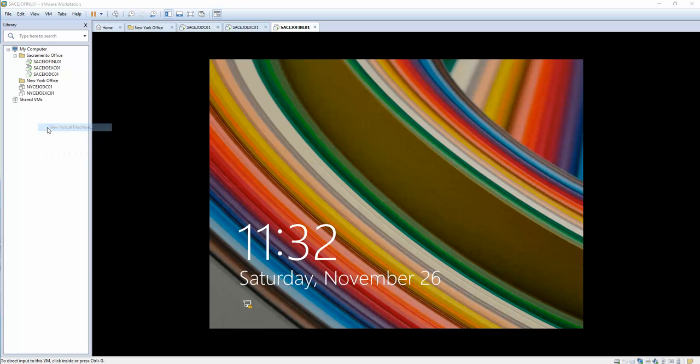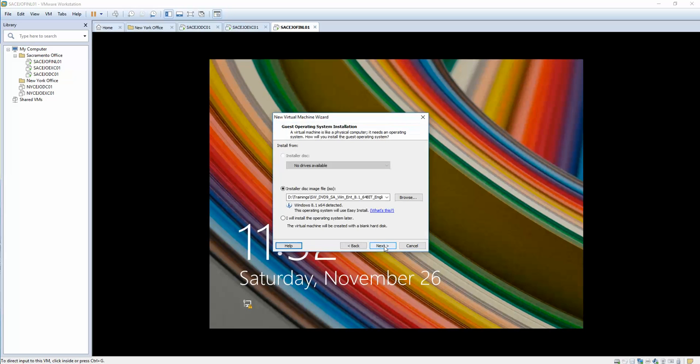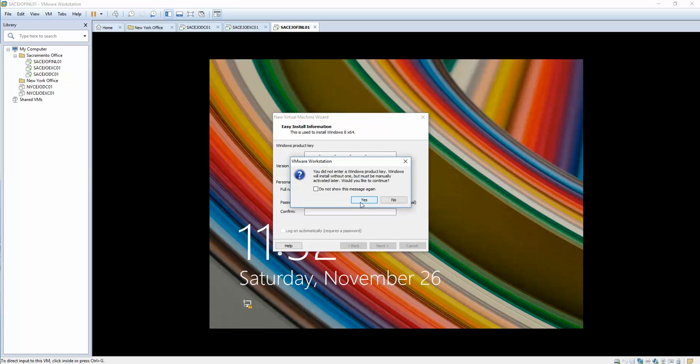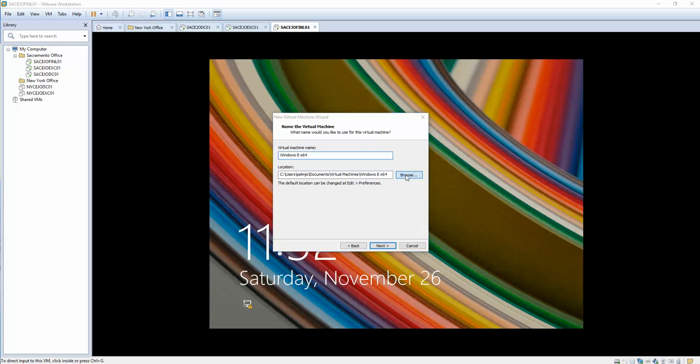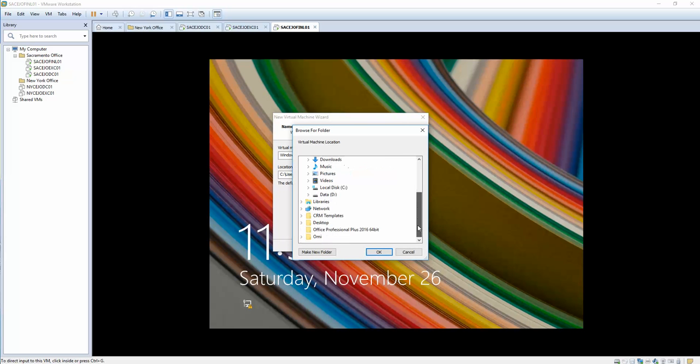So right click, new virtual machine, next. Windows 8 is already detected. I'll click next here because I do not have the license key right now. So now I'll just go to D drive again, and this is going to be for New York. So I'm going to create a new folder and I'll call it NYC